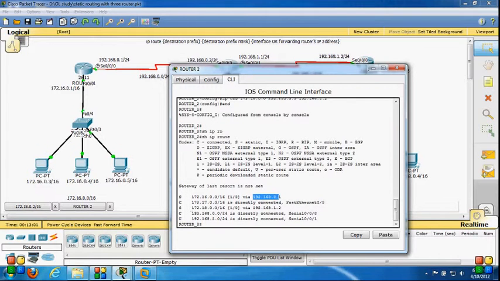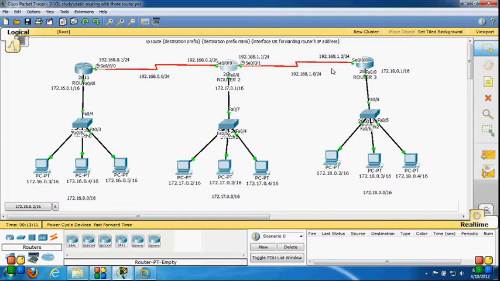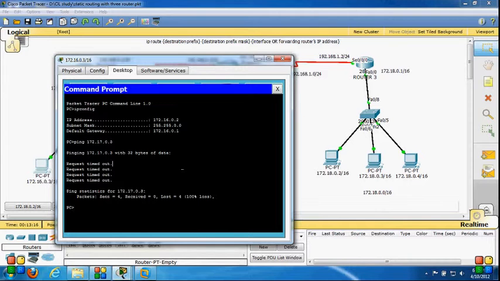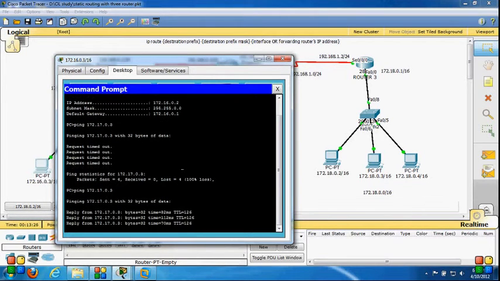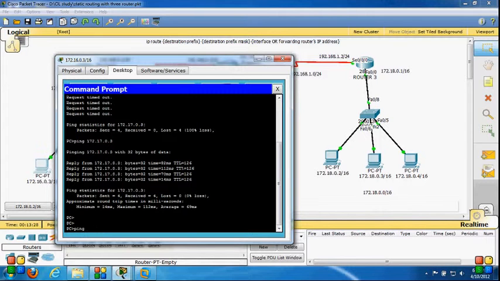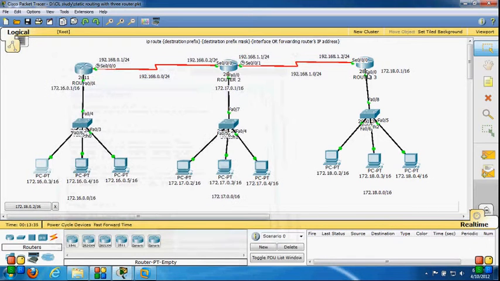And one more static entry, 172.18.0.0, which is connected via 192.168.1.2. So now I have done the static entries on router 2 also. Now let's check the connectivity with the network 172.17.0.3. I'm getting a reply from that network, but if I try to communicate with 172.18.0.4, I'm not getting a reply because I have still not configured any static entry on router 3.